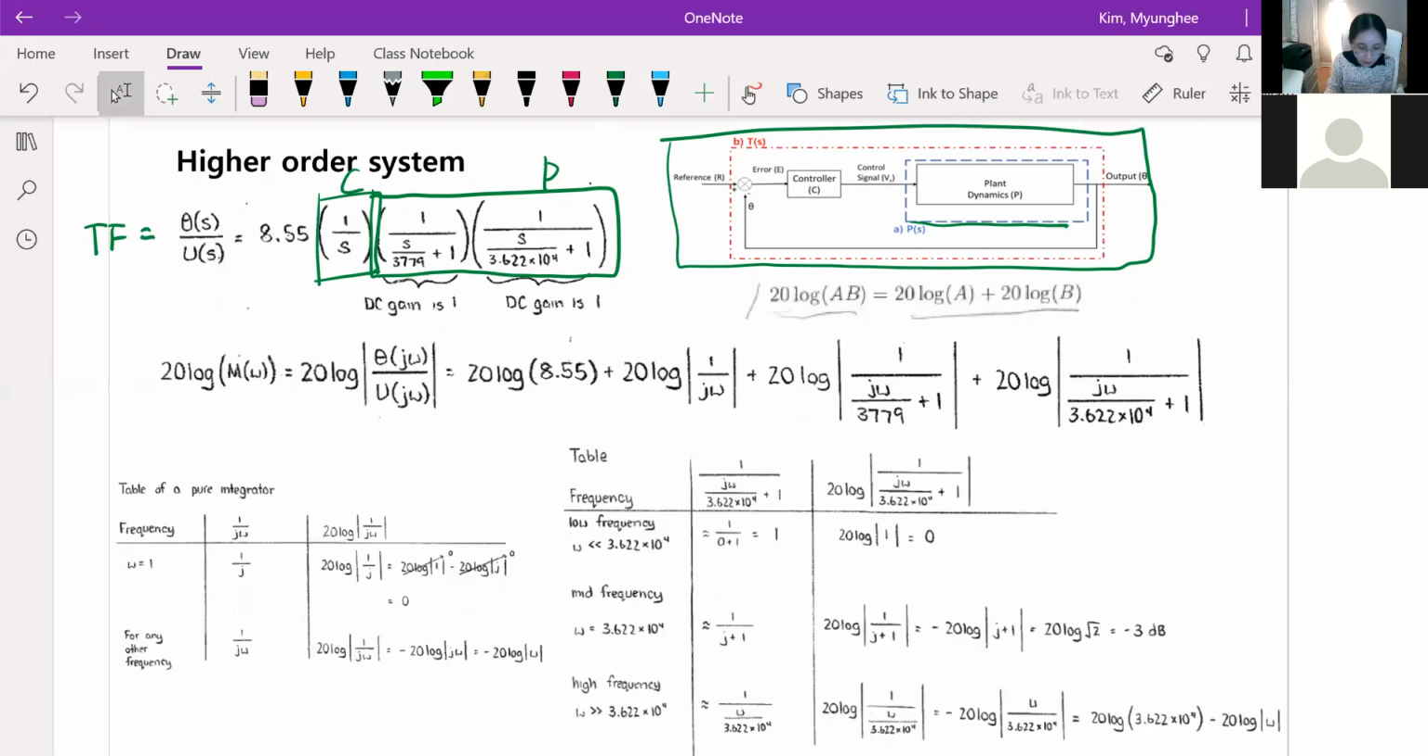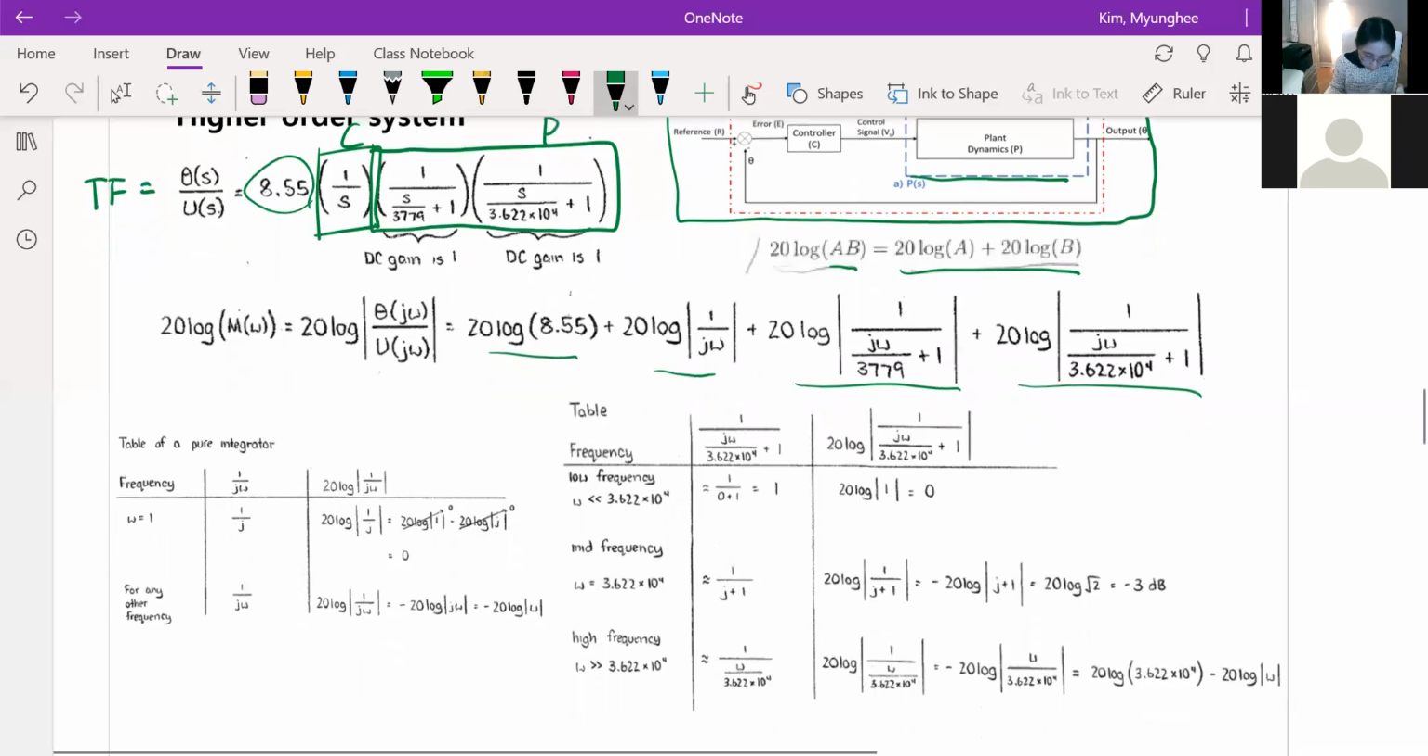And because of the log, the multiplication becomes addition. So all the multiplication, this one also becomes this kind of addition. So now it becomes very simple. Well, it's true for the magnitude as well as for the phase. So let's look at the magnitude first. So for the magnitude,